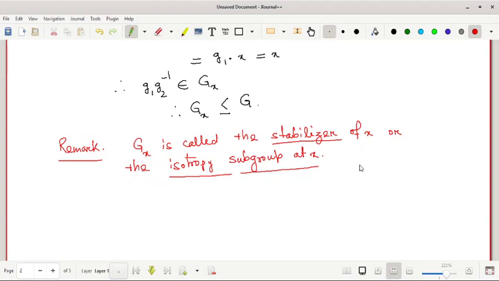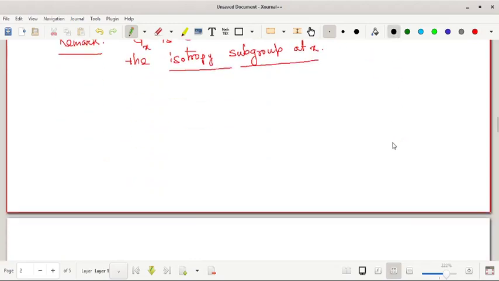Let me say, what is G dot X? Let G act on X